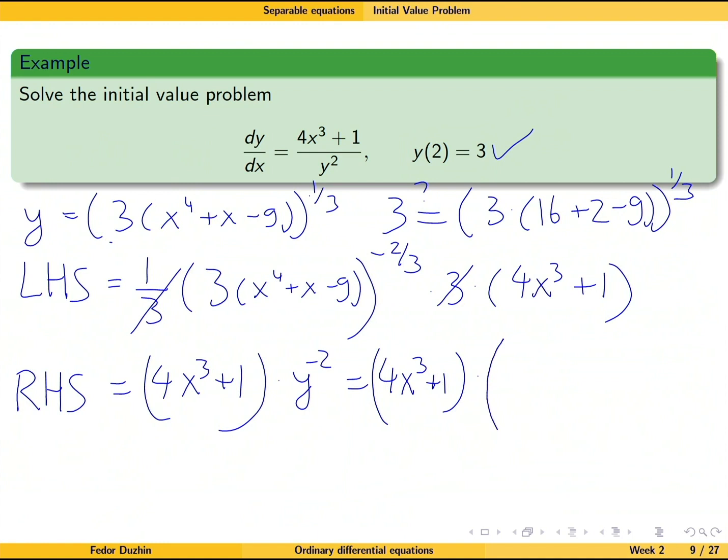So our y is 3 times x to the 4 plus x minus 9 to the power 1/3, and then to the power minus 2. But when we raise a power to another power, it is the same as multiplying the exponent by minus 2. So I should just write minus 2 here. And now you see that I got exactly the same thing as the left-hand side, which means